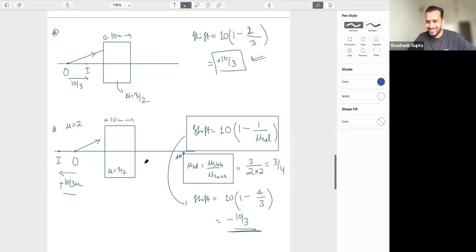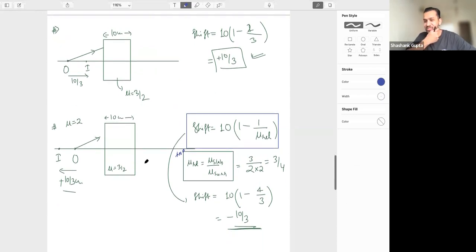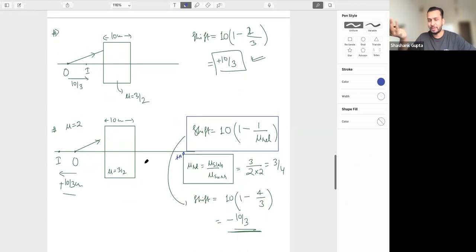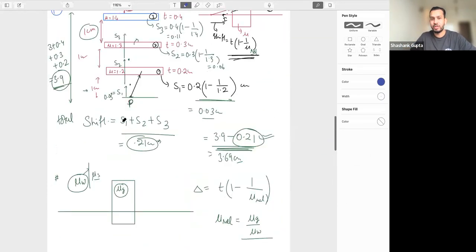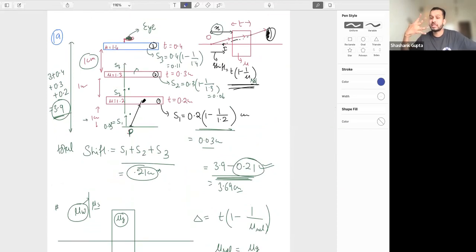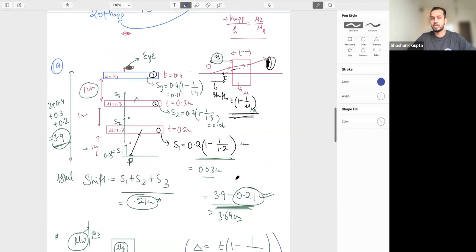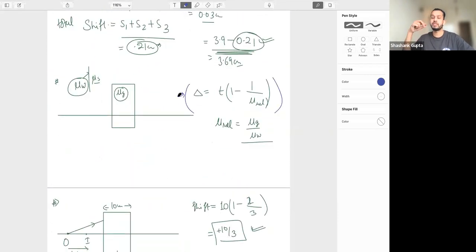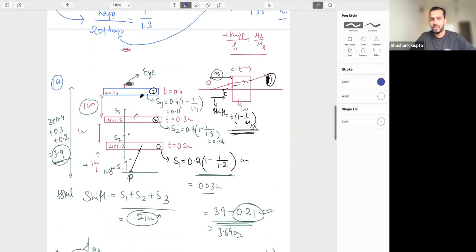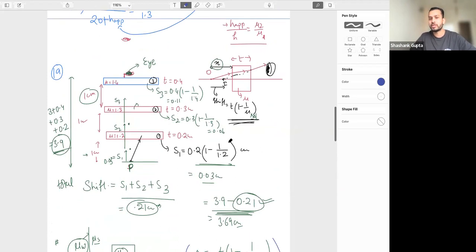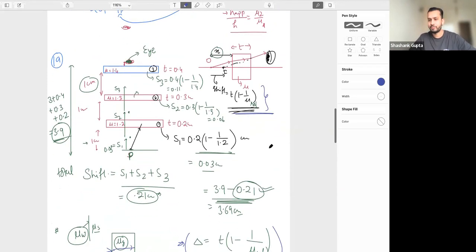Why can't we do this question with our depth and concept? Absolutely we can, but why work twice? We can do that, because in this particular problem, how many times is refraction happening? 6 times. So you have to apply the same formula 6 times. It will take time, but we can do that. Actually this formula comes out from that refraction only. If it is coming out wrong, you must have done something wrong, because the derivation of this formula is from the refraction from two surfaces, one here, second here. You can use this, but why unnecessarily apply refraction 6 times when we have learned the formula for this slab?